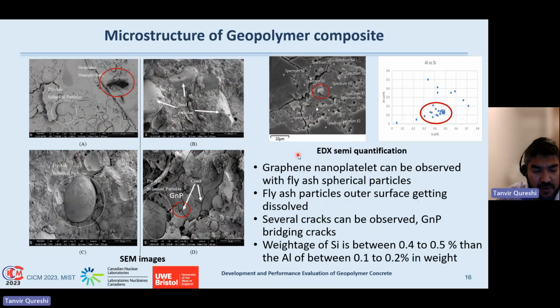And we have also performed some semi-quantitative analysis to see the composite systems. This is again another GNP particle, but we see that most of the geopolymers have a higher content of silicon in the systems. This is a silicon-based system, so it is about 0.4 to 5, as opposed to aluminum, which is 0.1 to 2.8% in comparison. So this is a typical sign that stable geopolymerization happened